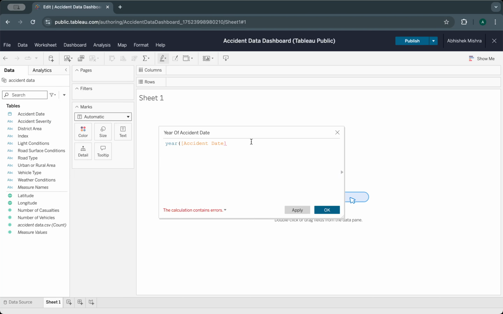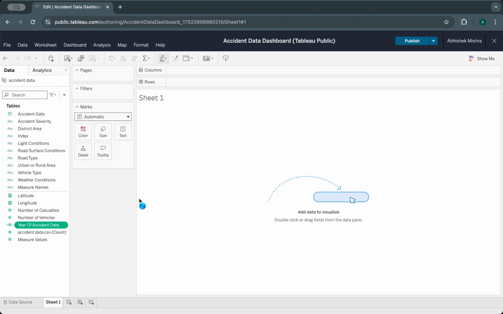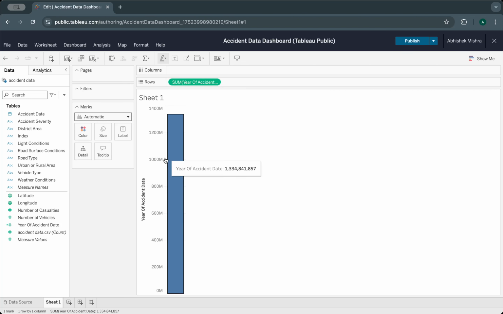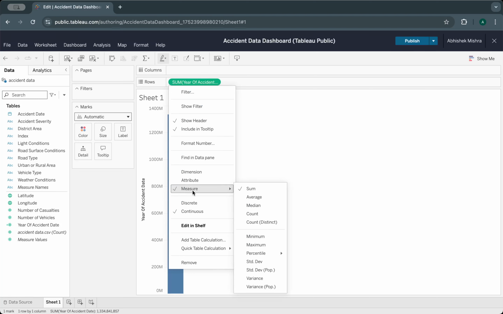Accident date, and done. Let me click OK. I will get a new column with the name of year of accident date, and let me drag this on rows. So I'm getting this sum, so I don't want this sum. So first of all I need to